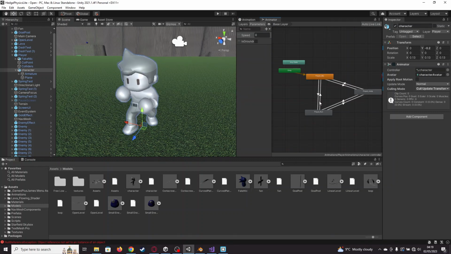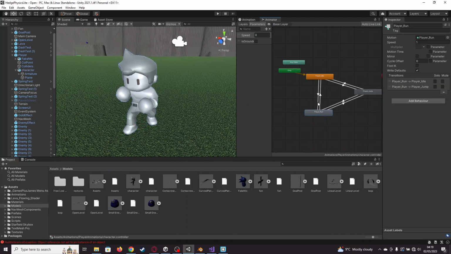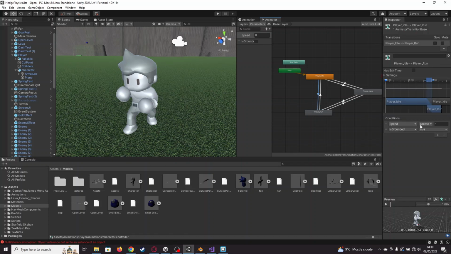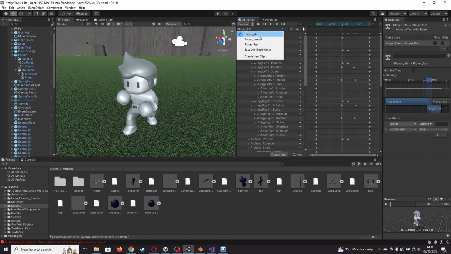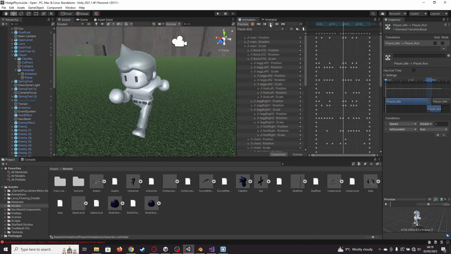So the player runs if their speed is greater than 1, which is in the player script that I set with the animator, and if they're grounded, which is also set to the animator, which I might show off if I have enough time. But if we go to the run animation,